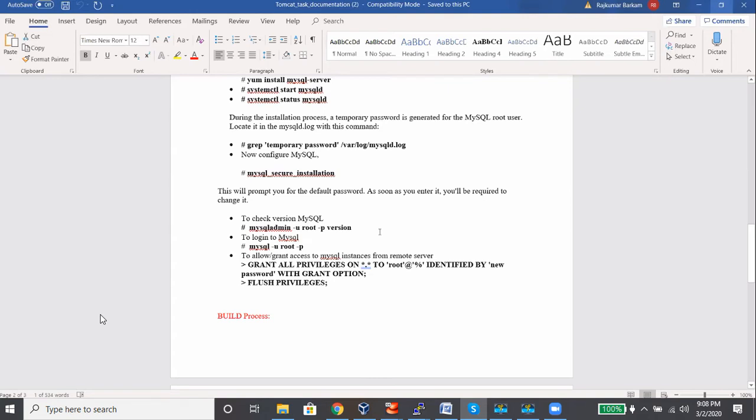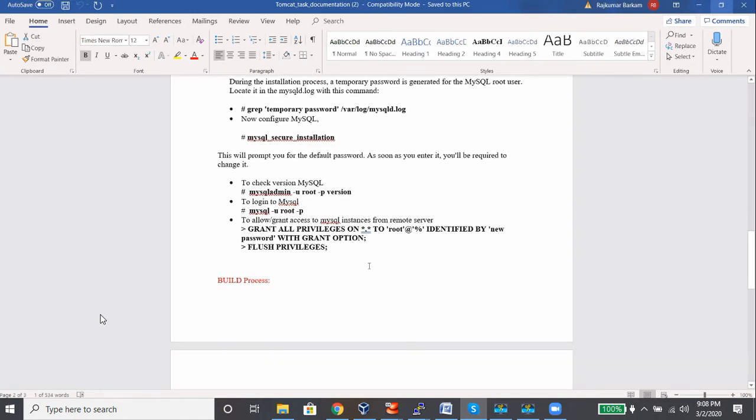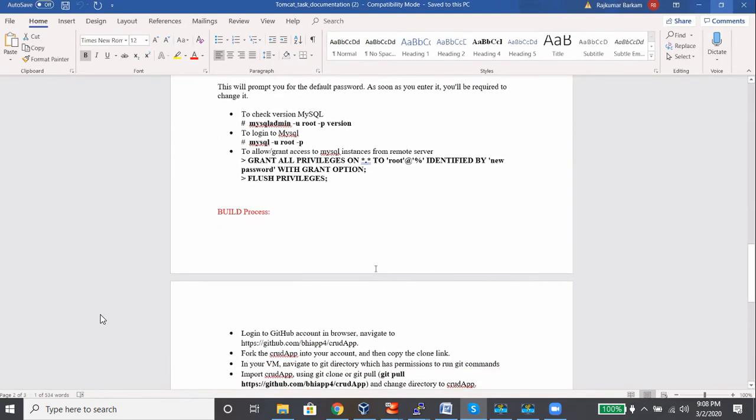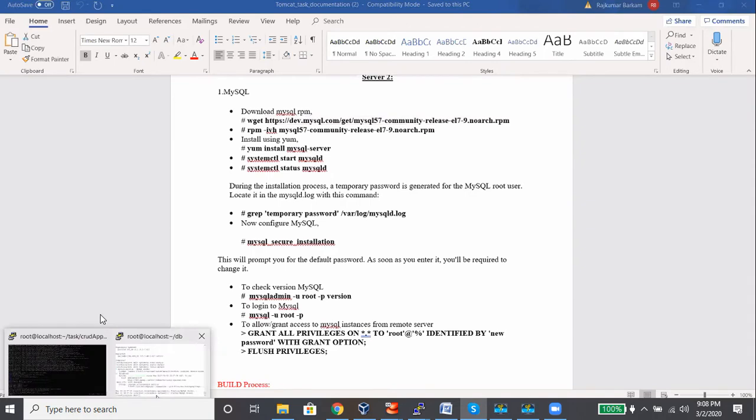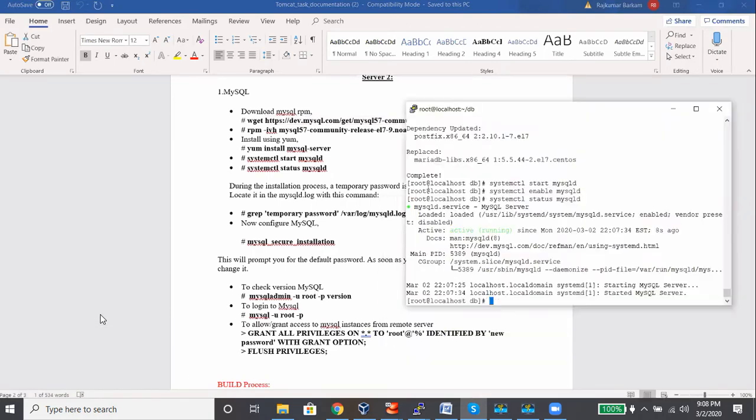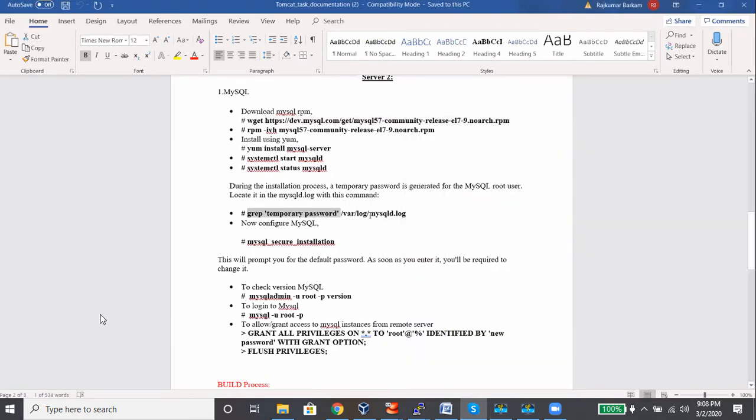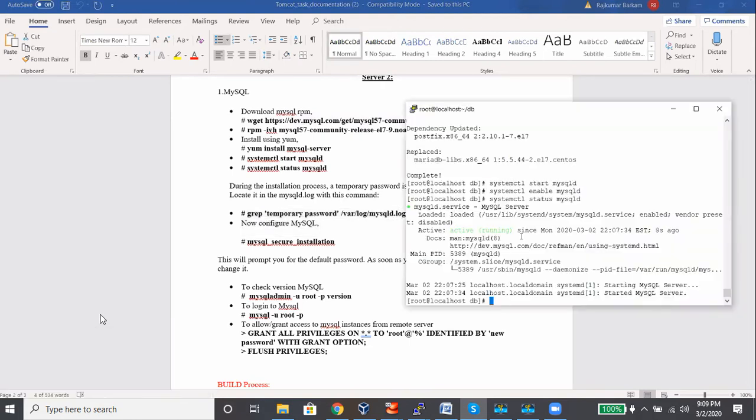Just as you have administrator for Windows and root for Linux, similarly MySQL also has an account called root account, which is the main account. So you are setting up some password, and then you have to give privileges to access the databases. This is the explanation. So now I will execute this command to get the temporary password. And after you get the temporary password, you should write it down somewhere else.